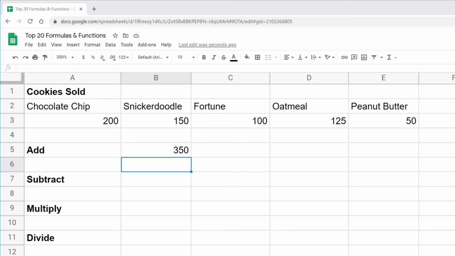Next, let's take a look at number 2, subtraction. How many more chocolate chip cookies did we sell than snickerdoodle cookies? Well, this is a subtraction question, and we want to take 200 and subtract 150. Now, just like before, let's enter the equal sign to let Google Sheets know that we're entering a formula. Now, once again, instead of typing in the actual values, I'm going to refer to the cell. So I'll click on A3 for the number of chocolate chip cookies sold, and now I'll enter the subtract symbol,